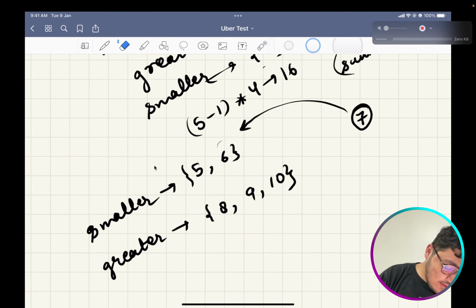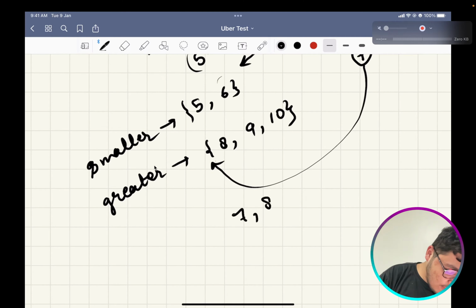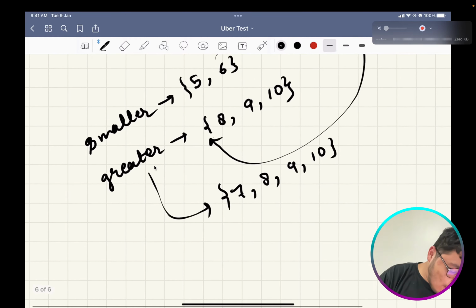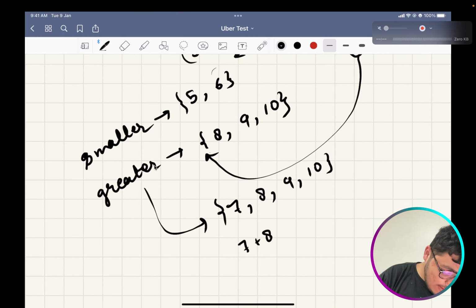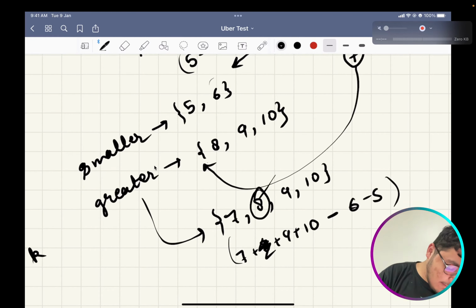Similarly, if you push this 7 here, now your greater would look like this, and now 7 plus 8 plus 9 plus 10, let's say you remove this 8, and now minus 6 minus 5, because you have to consider only k elements. So you would be removing a particular element from here. Let's say you remove this 8.